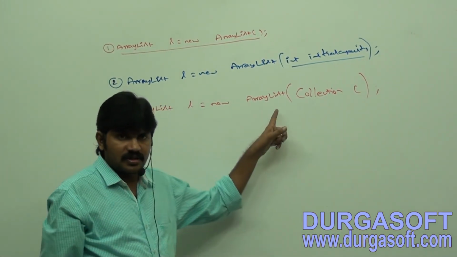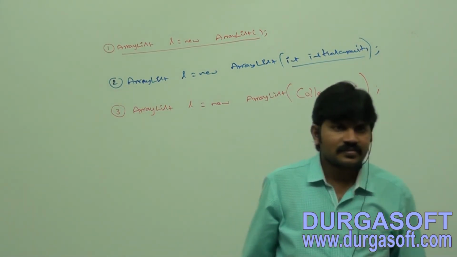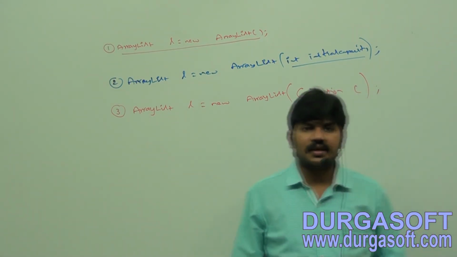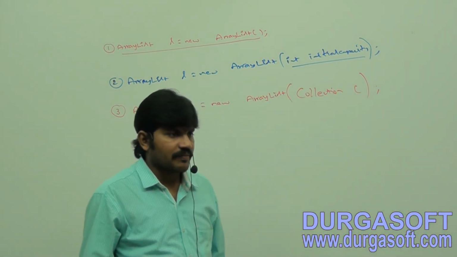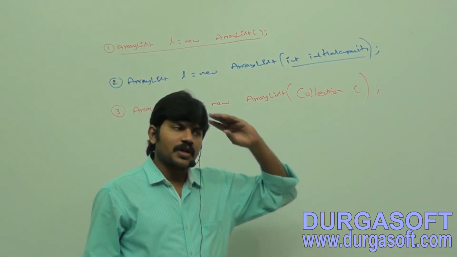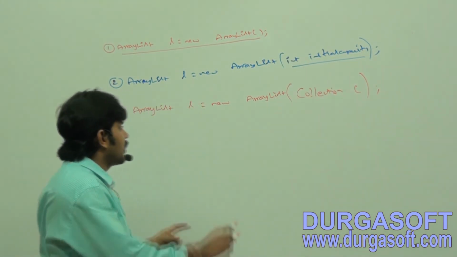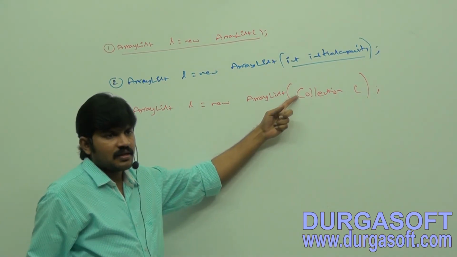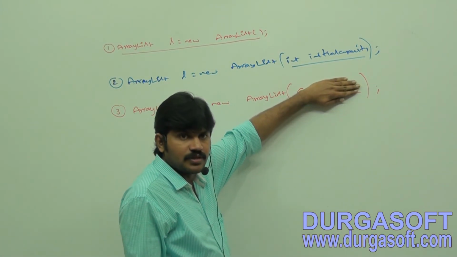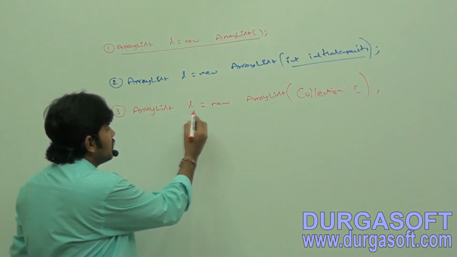What is the purpose? Sir, I have one LinkedList and I want to create an equivalent array list. I have one Vector, and I want to create an equivalent array list. Or I have a TreeSet, I want to create an equivalent array list. For any collection object, if you want to create an equivalent array list, use this constructor and pass your collection object, maybe a LinkedList object, or a TreeSet object, or a HashSet object. It creates an equivalent array list object, right?